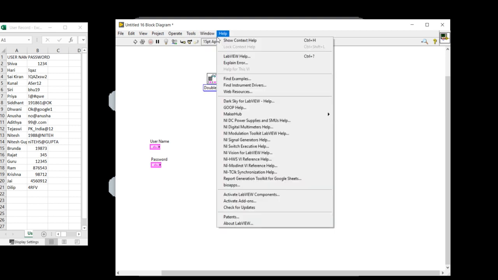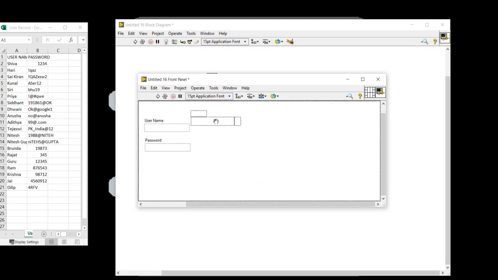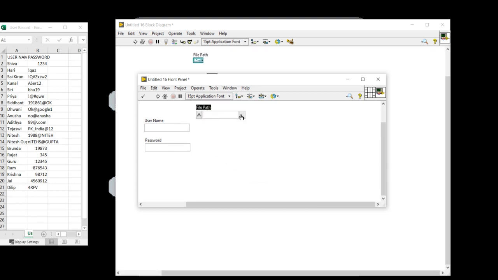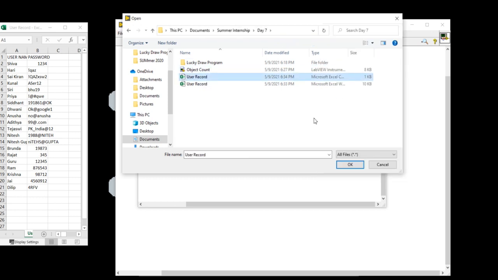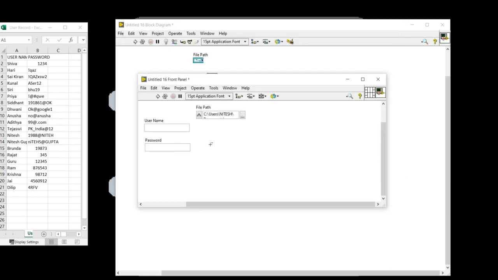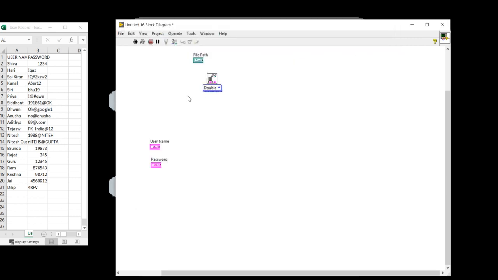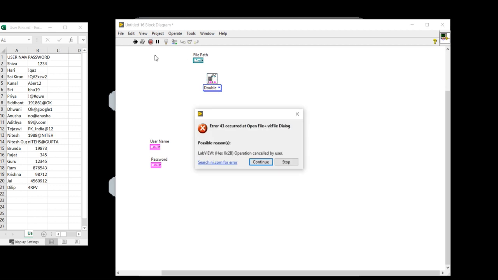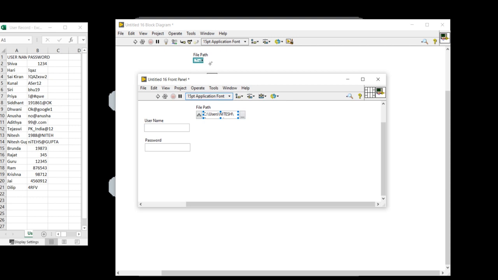In the front panel I will create one waveform. I will create one path, file path. I can select this user record database, this user record CSV file.